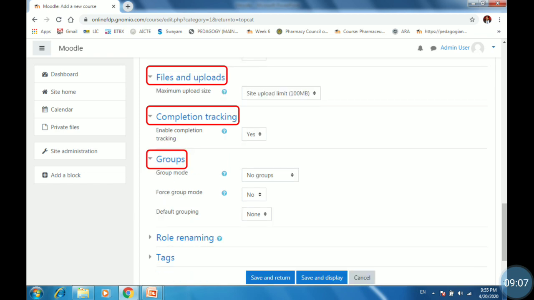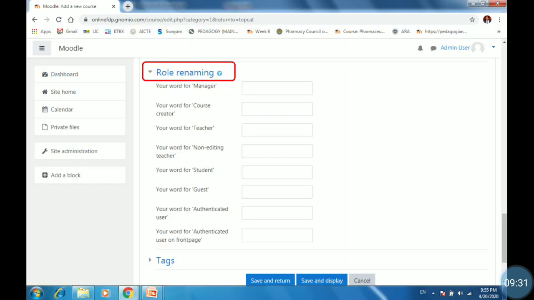Then the next options are files and upload. The students can upload their assignments, so you have to choose the maximum size to upload. Then completion tracking, it should be enabled, yes, because this option will help you to track the progress of your students. Then groups, choose the default.